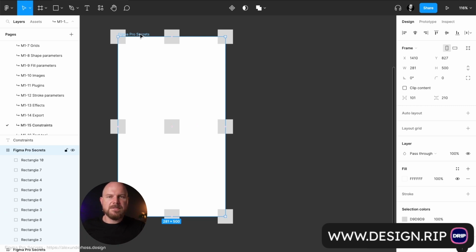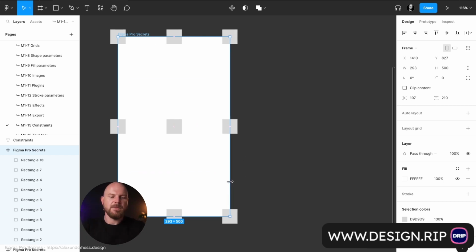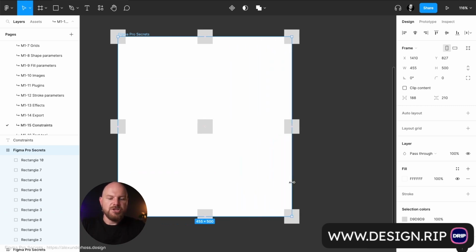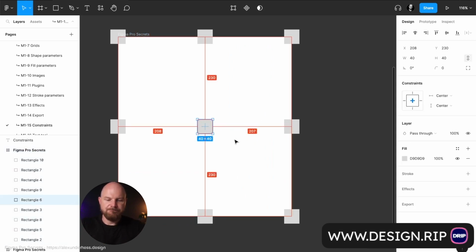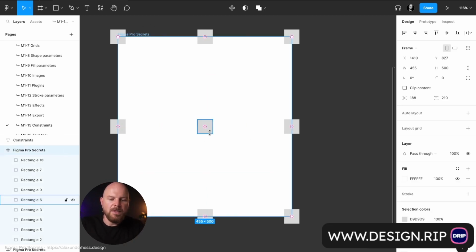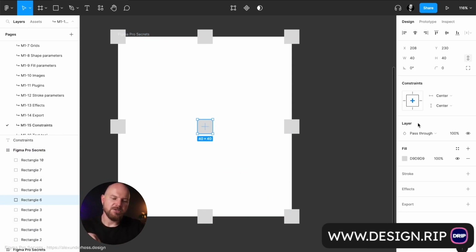So that's why one of the sides will be 1 pixel bigger. But when you change it, as you can see, now it's 208, 207. Okay, so the sizes are changing, the distance from left and right is changing. When you now select this particular shape and set left and right and top and bottom,